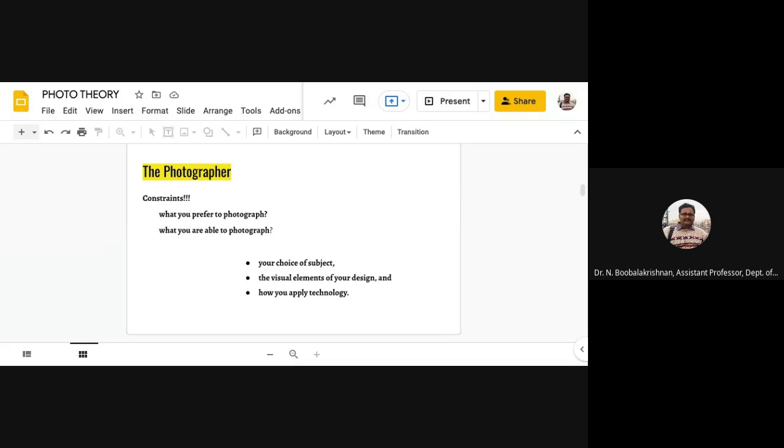It might be important to you that your images are completely in focus and properly exposed. But other photographers may try to capture strong emotions. So your present preferences will be visible in many of your images: what you prefer to photograph. Your short-term intentions affect the images you create. What you prefer to photograph and what you are able to photograph.